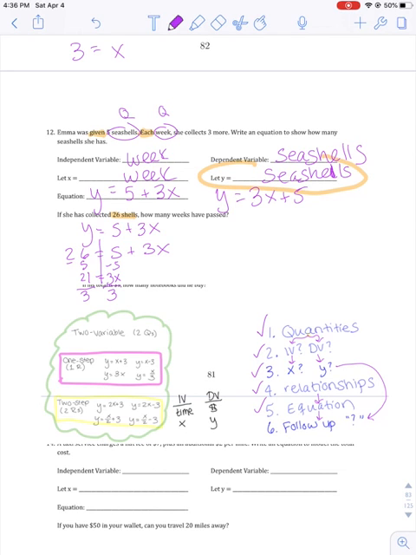I'm running out of room here, but that's all right. Then I can multiply or divide. I need to divide both sides by 3, and I get 7 equals x. x is weeks, so 7 weeks. And have I answered the question, how many weeks have passed? Yep,